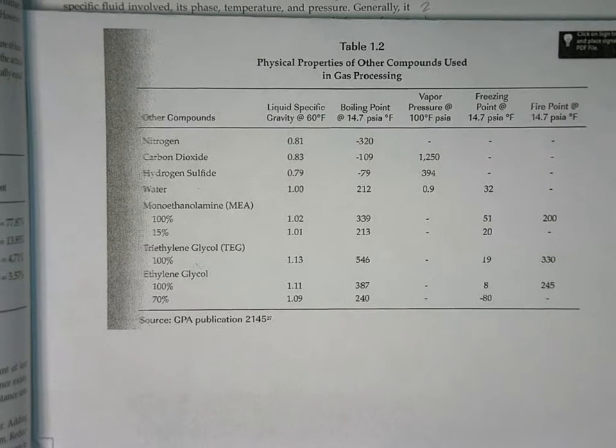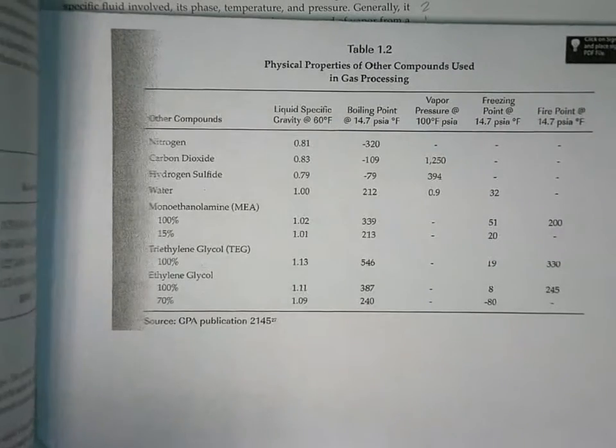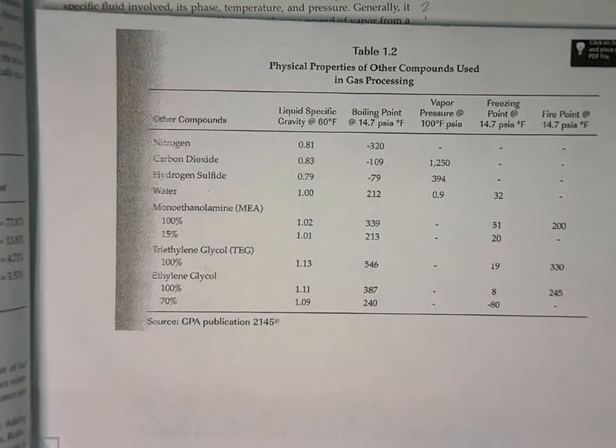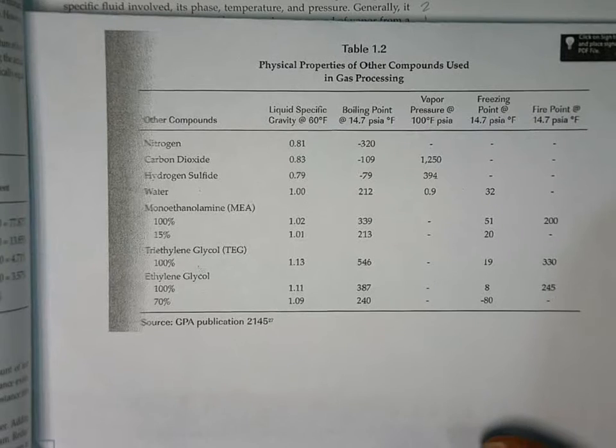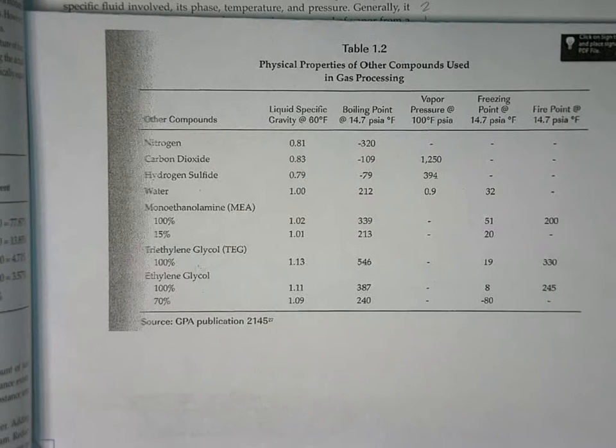Okay, if you look on page 9 at table 1.2 at the bottom of the page, this is showing some properties of some other compounds that you have to deal with in natural gas processing. Some of them are natural contaminants, and some of them are chemicals that we use to help us separate things out. The main thing I want to point out here right now is that just like the products that we're